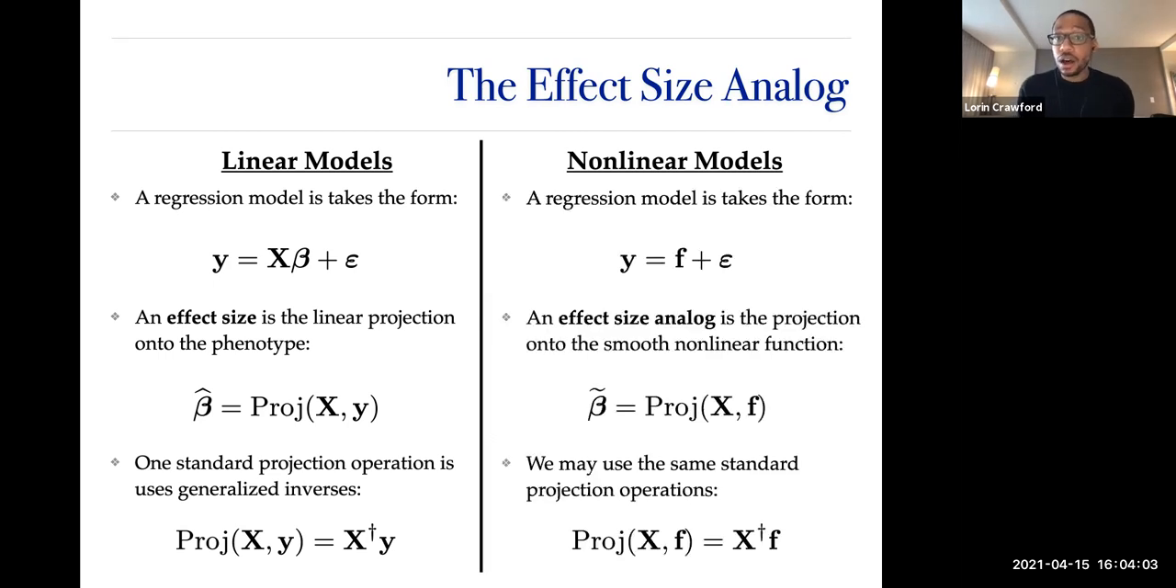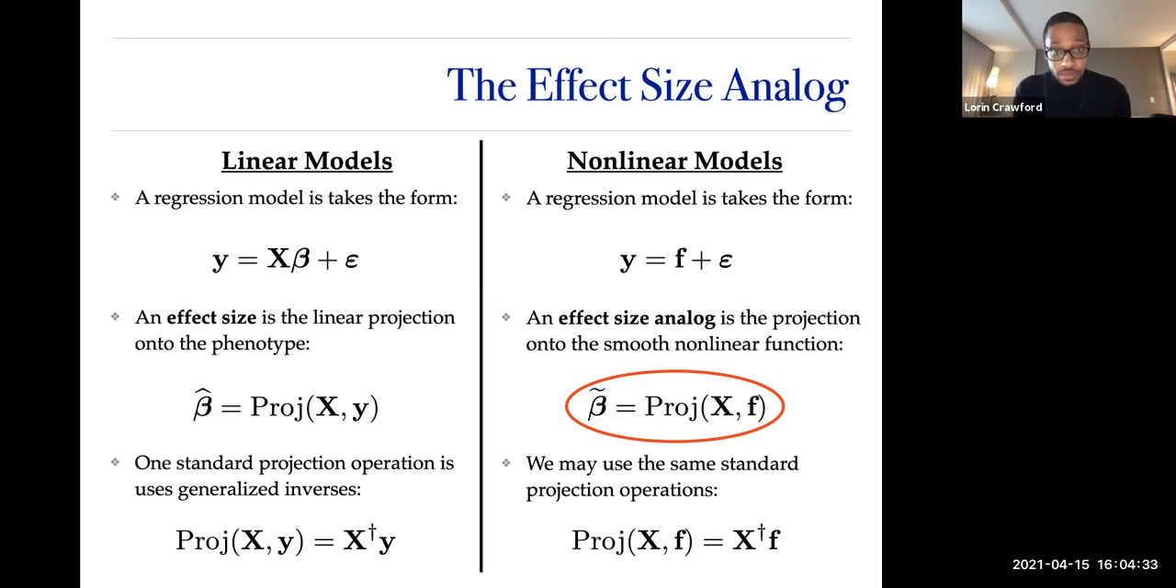And the effect size analog is quite similar, except instead of projecting y onto the column space of x, we're going to project our nonlinear function onto the column space of x. Okay, and that's going to give us what we call an effect size analog. And we can use the same type of projections that we do in linear models. But here, let's just stick to something so that these are equally comparable. Let's do the same type of generalized inverse projection. Okay. Now, these beta tildes are things that we now can use as weights for each feature in our